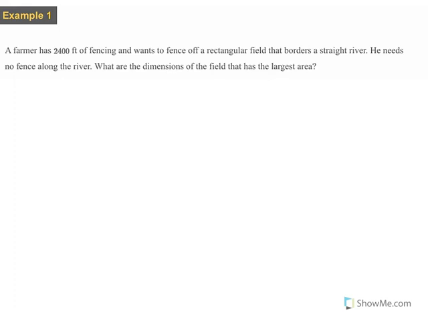In this video we're going to take a look at something called optimization. And optimization is just a fancy word for saying find the maximum or the minimum of something. So to start out, we're going to look at an example, and then we're going to walk through some steps about how to handle problems that are asking you to find a maximum or a minimum of something. Now that we know how to do that using some calculus, let's look at some practical real-world